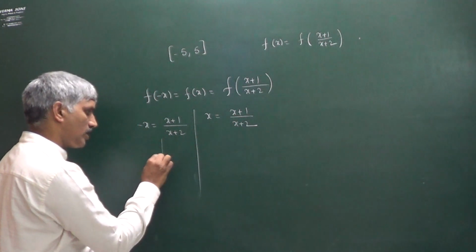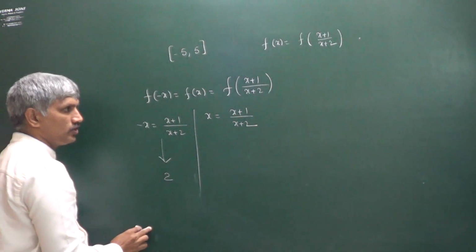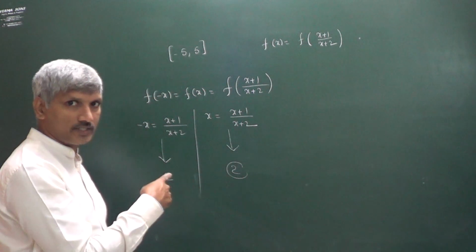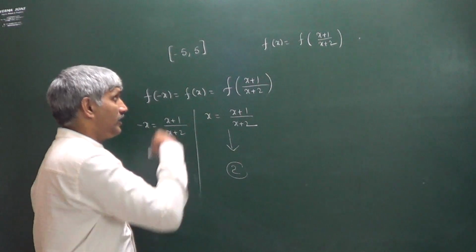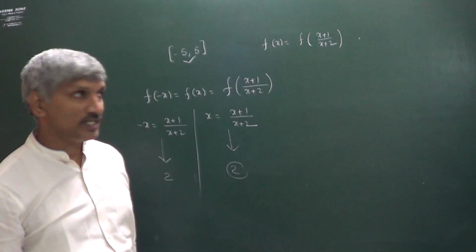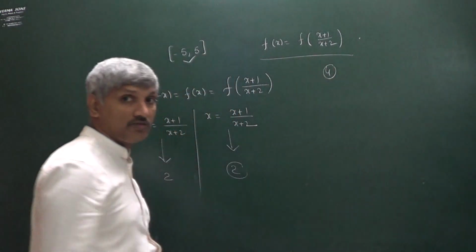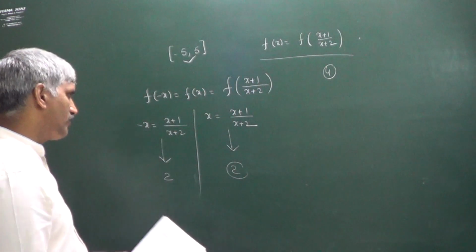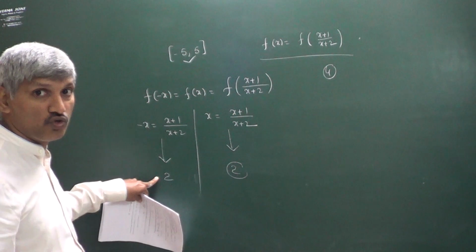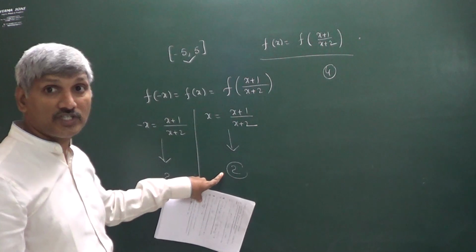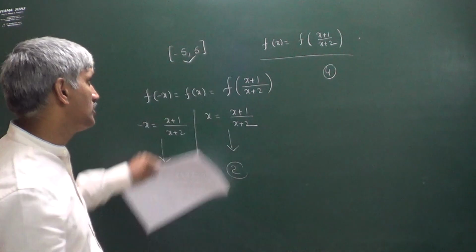Here we are getting a quadratic equation with 2 values. Here also we are getting a quadratic equation with 2 values. No doubt, check once. These 2 values are definitely present in this interval. That's why the number of real solutions satisfying this equation we can write as 4. Definitely a quadratic equation with 2 values, and those 2 values are present in this interval. It is also a quadratic equation with 2 values, and those 2 values are present in this interval.